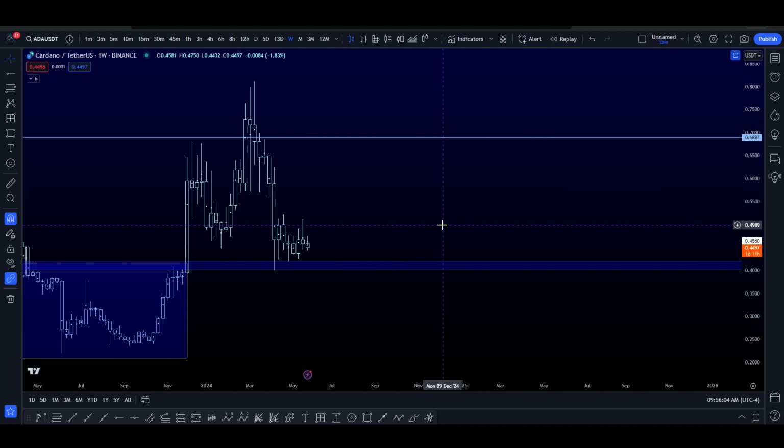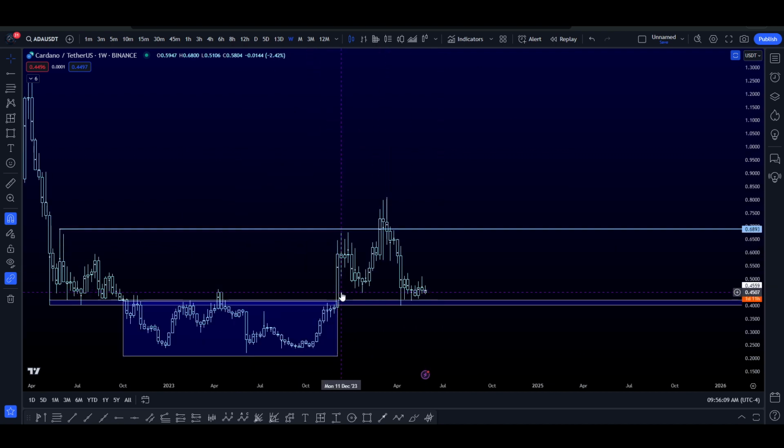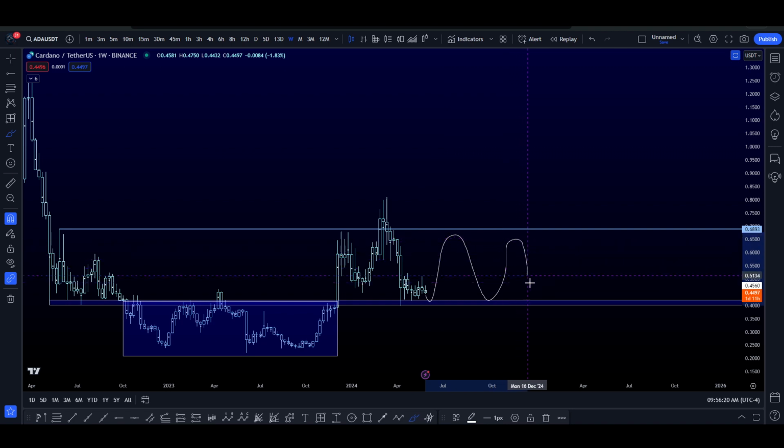So what does that mean? That just means that when you look at price action, right? Price likes to trade within ranges, right? It likes to stay within balance, and right now this balance will be between 45 cents and 69 cents, right? So it will range before breaking out and trying to find higher prices. So right now you always want to long the support and short the resistance, right? And right now we are at support, so ideally it makes a lot more sense to long instead of look for shorts, right?